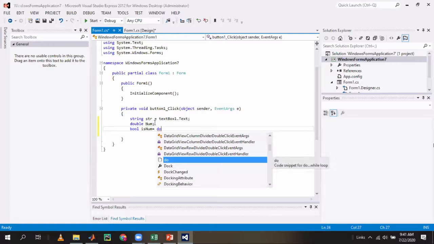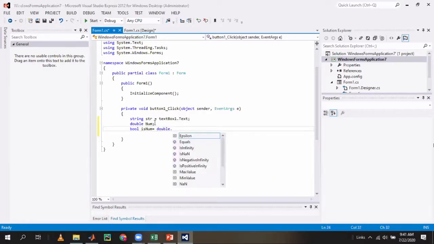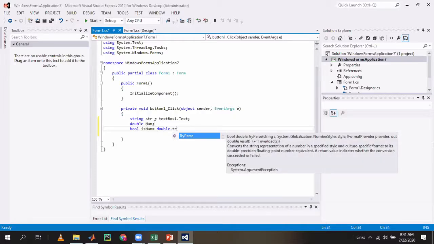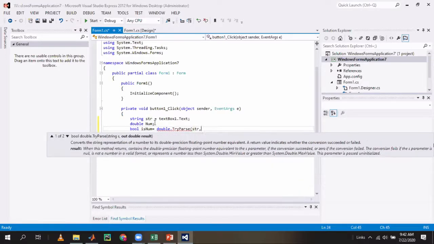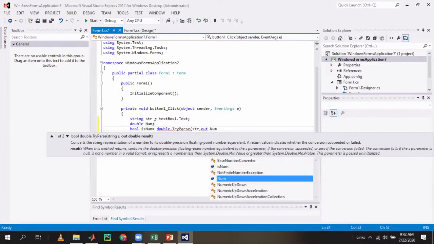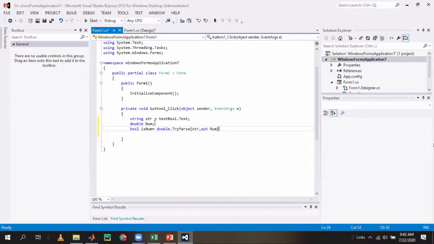Double.TryParse method, str, comma, out num as a double type. Okay, if isNum is true,